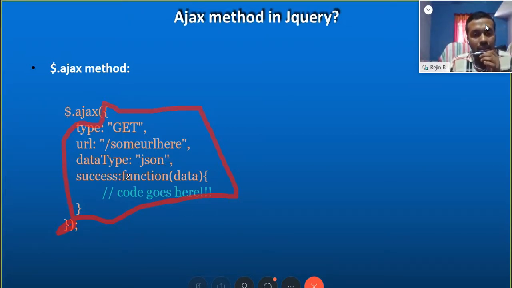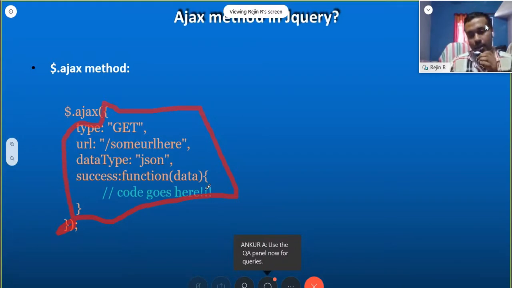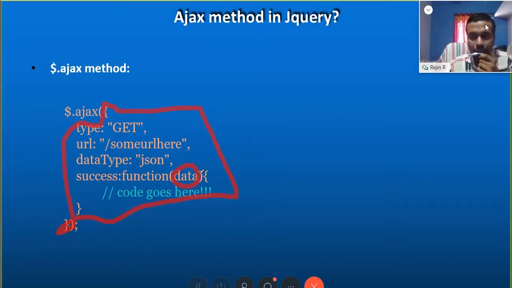Then success: function(data). This data will hold whatever data is returned by the server, and this success function will be activated whenever the server sends some data back. It is equivalent to our own onload or ready state function. You can see the difference.